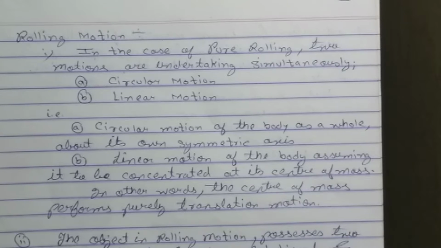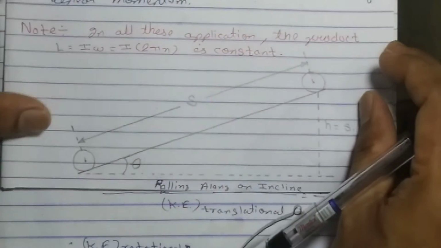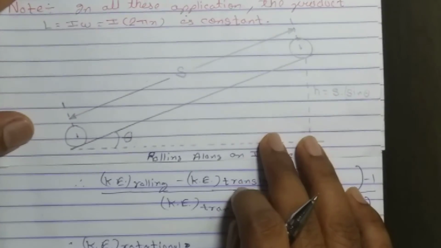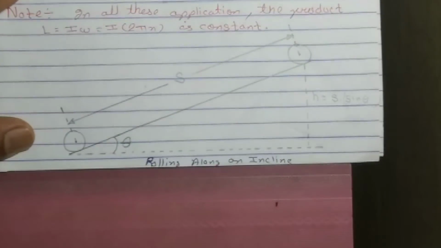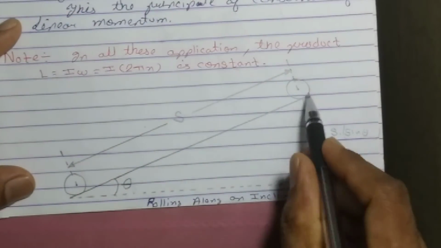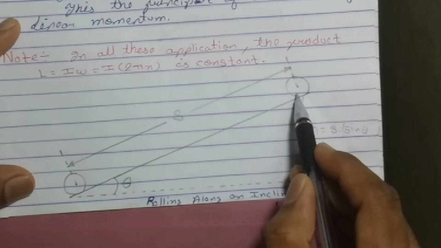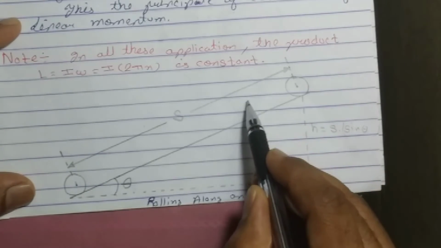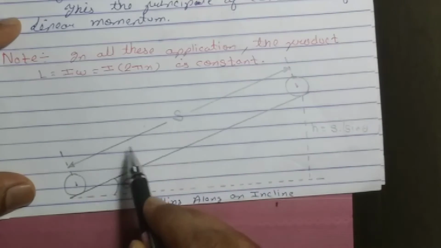Today we will derive the kinetic energy of a rolling body. Students, let me show you the diagram first and then we will think about what a rolling body is. Students, what do you observe over here? We observe that one body is there, which is a circular body. It is moving in a downward direction.